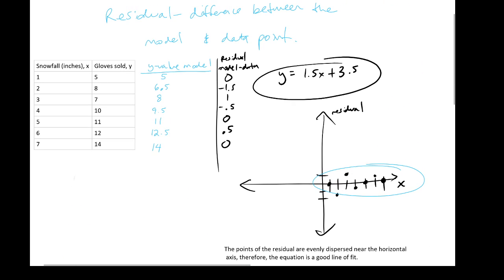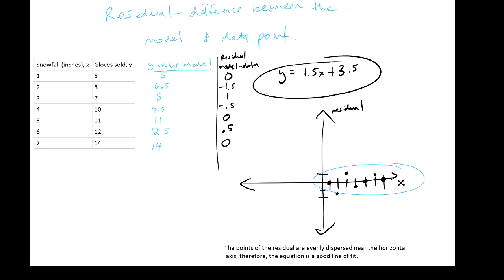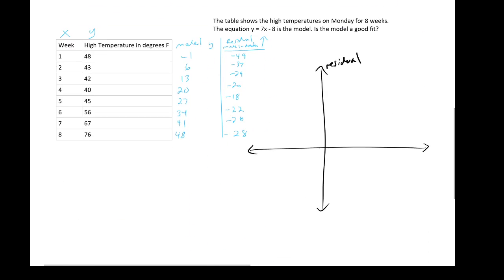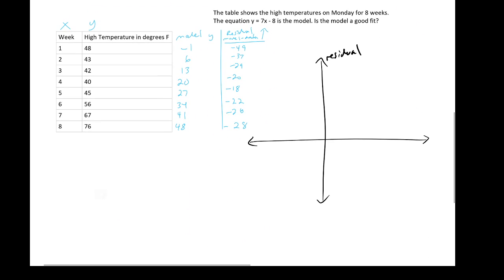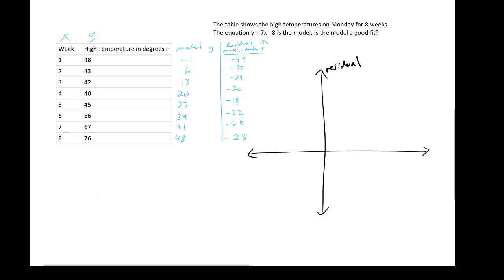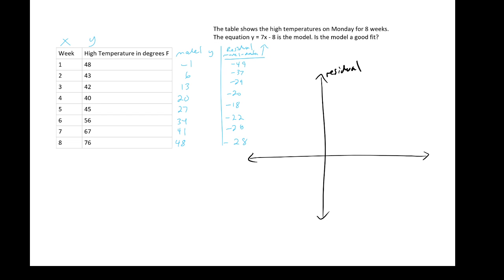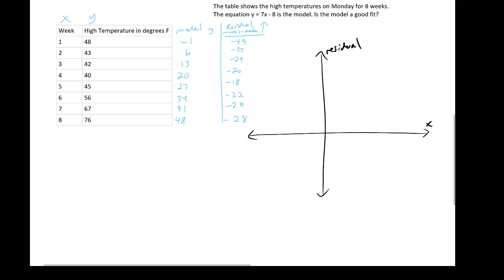So I'm sorry, I think I actually did this wrong here. It should be the model minus the data, not the data, right? Or data minus the model. It doesn't really have any bearing in this case, because even if I were to do it the other way around, you're going to have these wild swings anyway, right? So even though we have a lot of negative